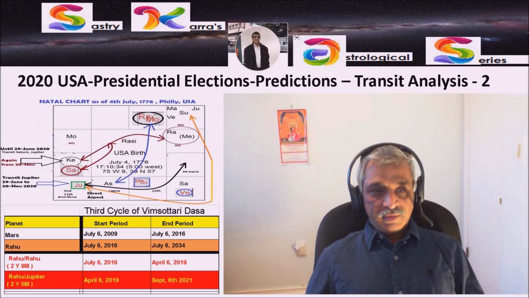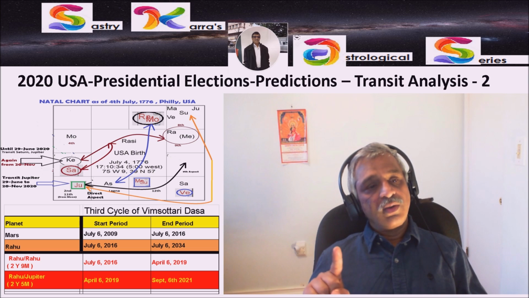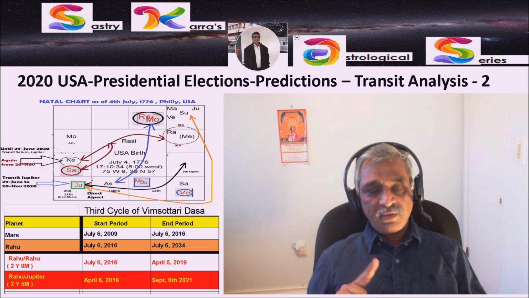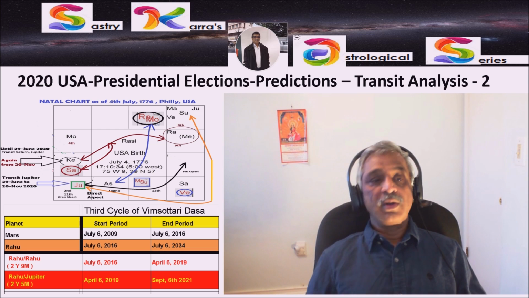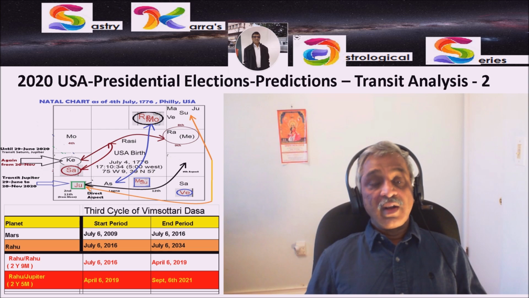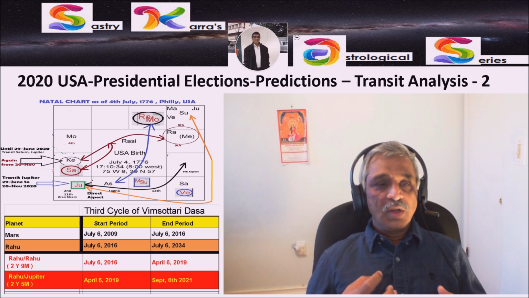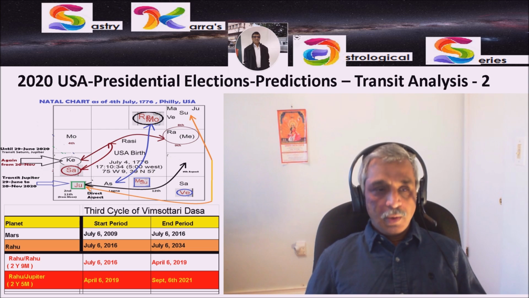Sun is the leader of the country, and the Sun has become Nicha, or debilitated. Transit Saturn is looking at the eighth house lord Mercury also, transit Mercury. So now transit Saturn is looking at transit Sun and transit Mercury, and we know that transit Jupiter is already looking at transit Sun, natal Sun over there, and transit Saturn is also looking at natal Mercury on a direct aspect. So the Mercury and Sun having such a strong bondage with transit Saturn is not a good